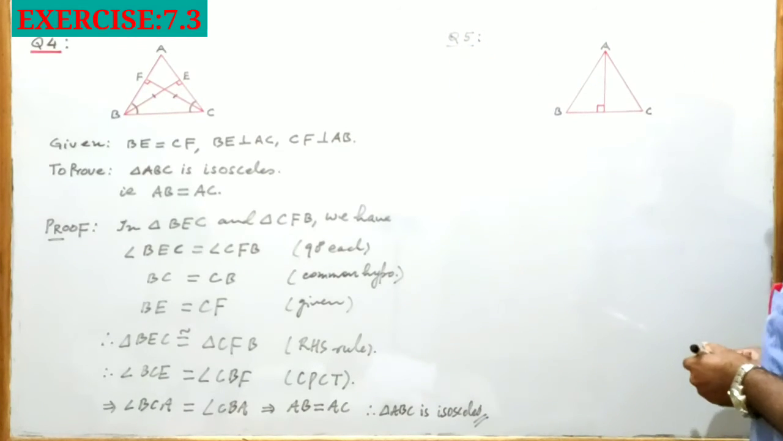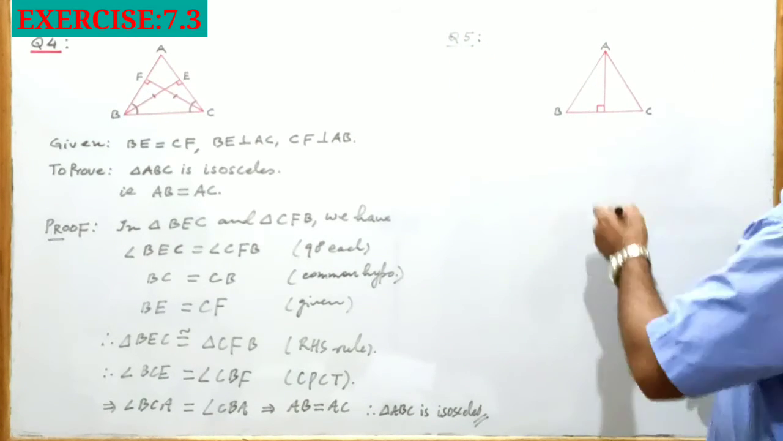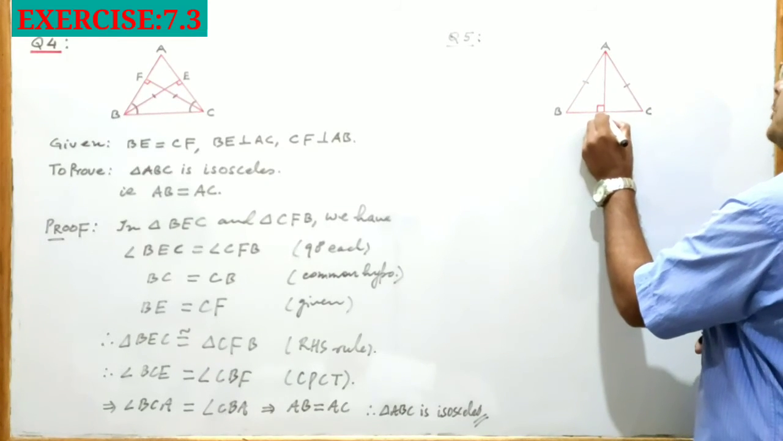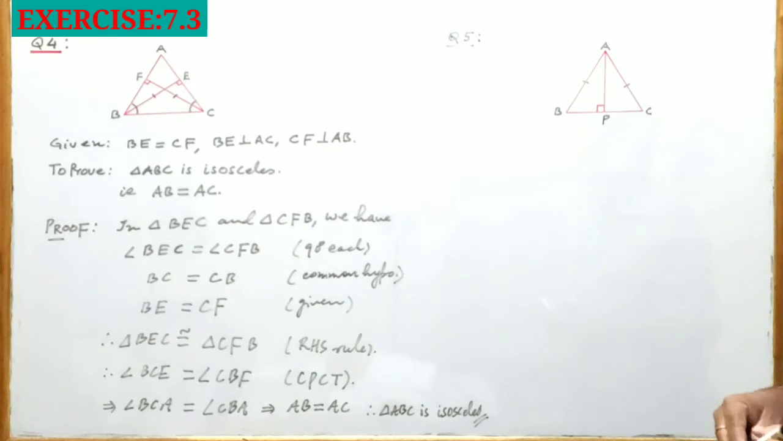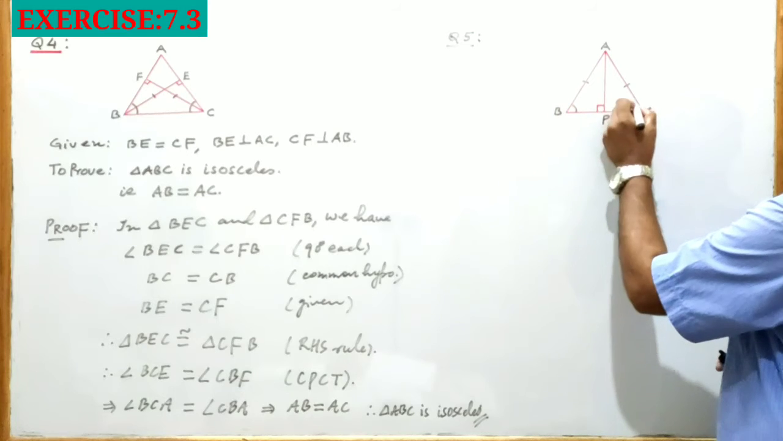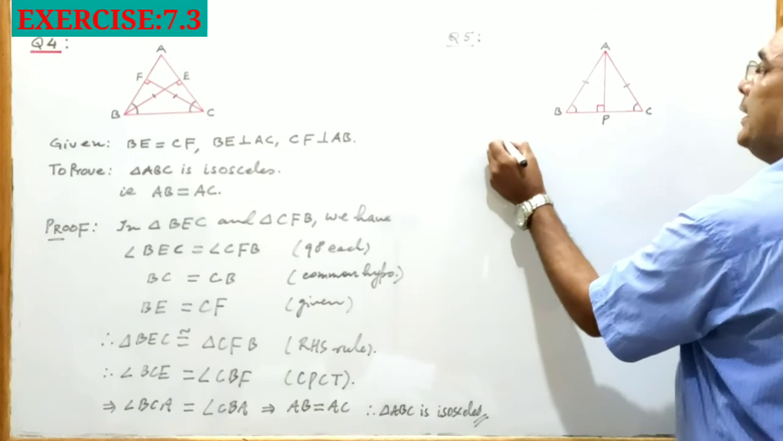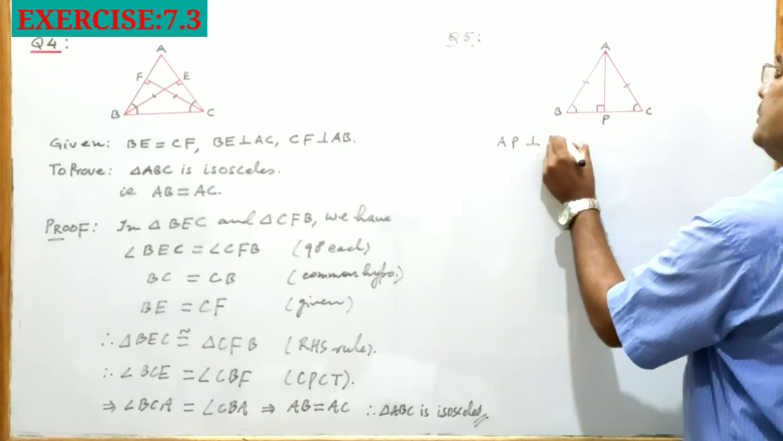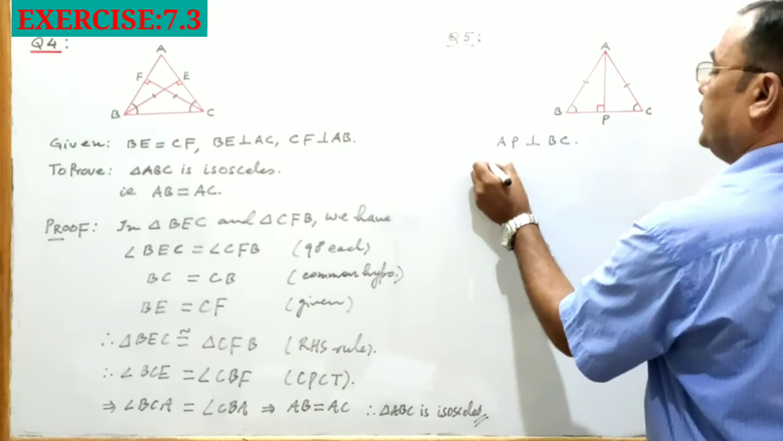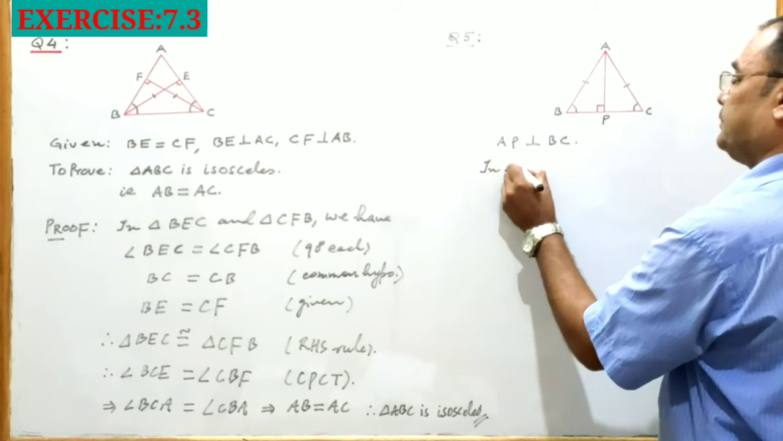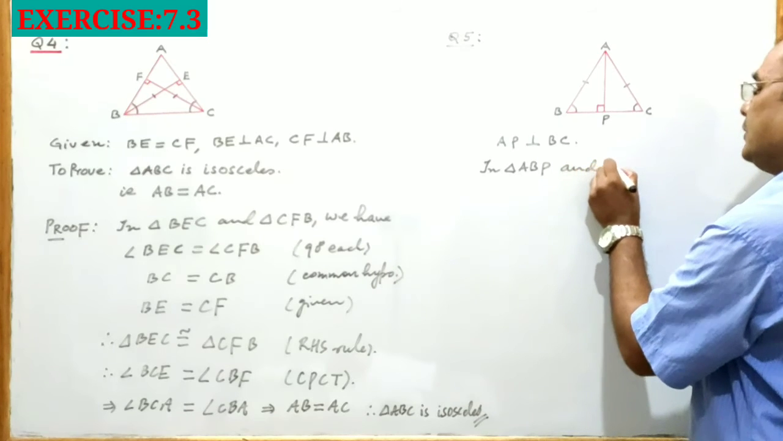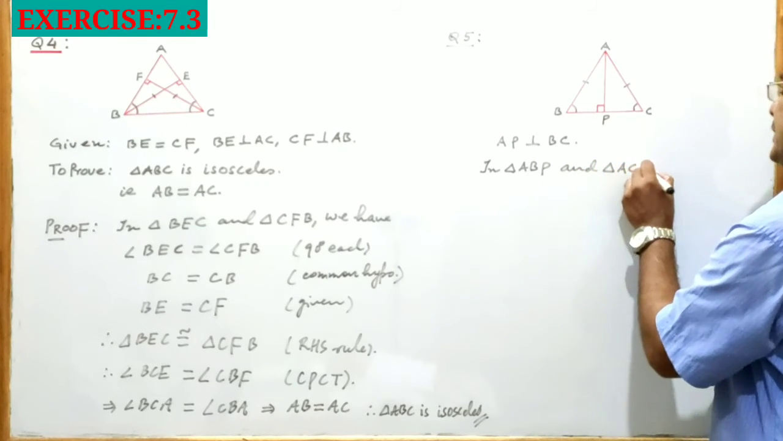Now question number 5. ABC is an isosceles triangle with AB equal to AC, and AP is drawn perpendicular to BC. Show that angle B is equal to angle C. AP is drawn perpendicular to BC. So in triangle ABP and triangle ACP,